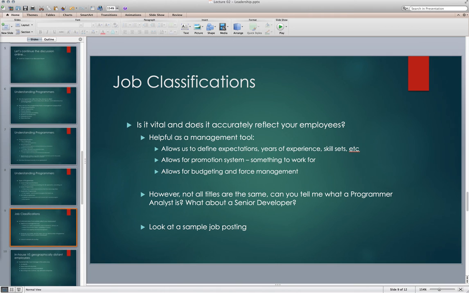Job classifications, this has been one of those topics. Again, it seems kind of silly or kind of trivial, but it can have an impact, and it's varied. It's just so varied across the board. If you haven't done it in a while, go out to a job posting website and look for programming positions, and you'll just see titles abound, right? You'll see programmer analyst, you'll see software developer, you'll see web developer, you'll see application developer, you'll see system engineer, software engineer. There is no common way of classifying what we do.